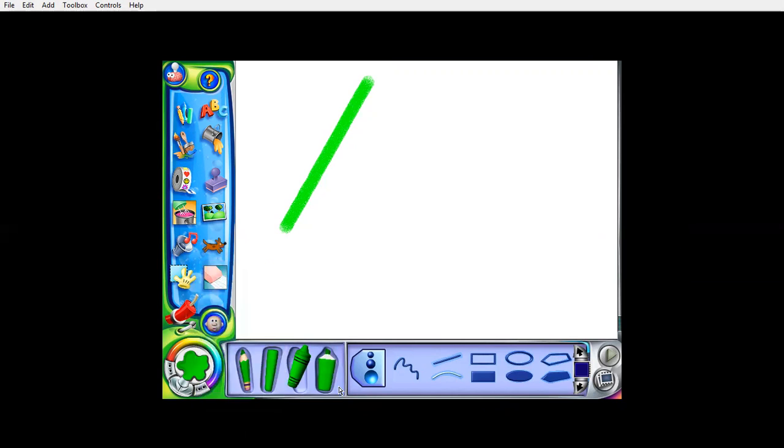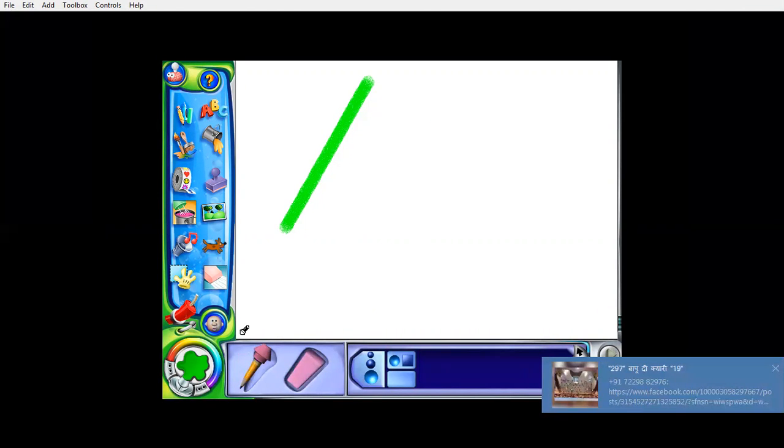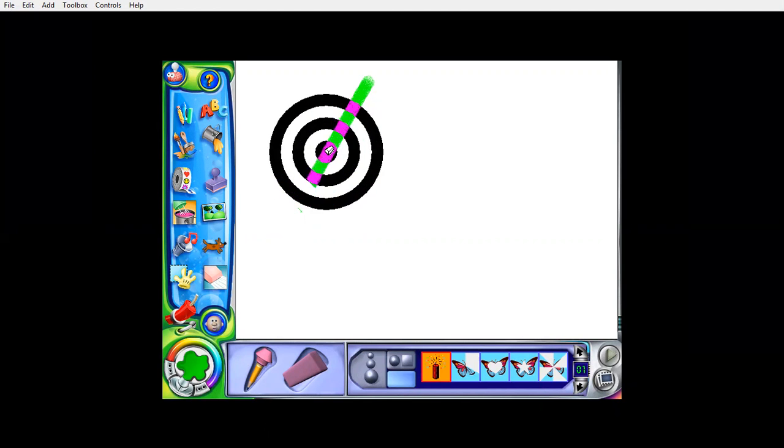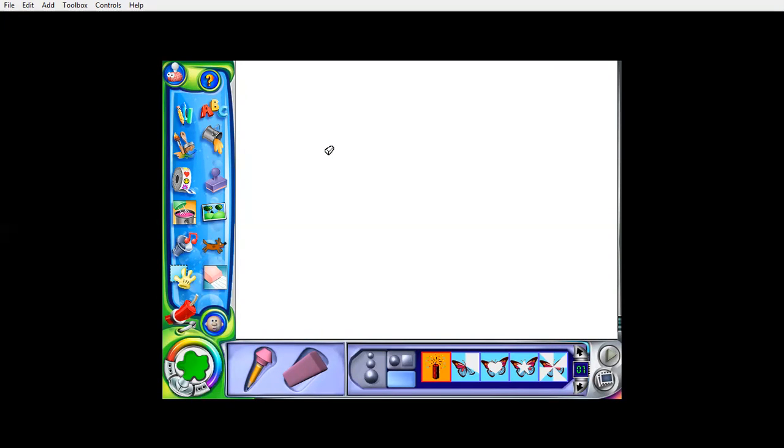So a line is being drawn automatically. If the line is drawn and I don't need it, we will click on the eraser. I told you about the eraser, and there are 2 types of eraser. First is the small eraser and this one is the big eraser. Let us take the small eraser and rub it. See, I'm just clicking the left click of the mouse and what is happening? My line got erased. This is how my eraser works. And what does this big eraser do? Let us check this also. When I click on this big eraser and then click here, a bomb got blasted and everything got vanished.